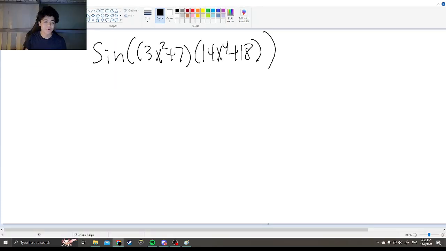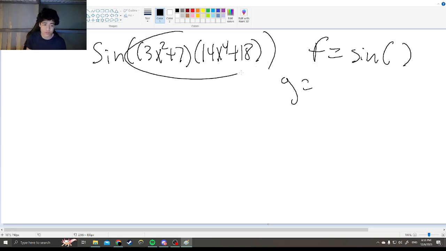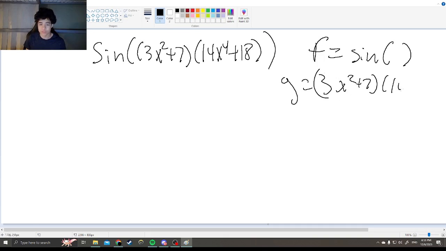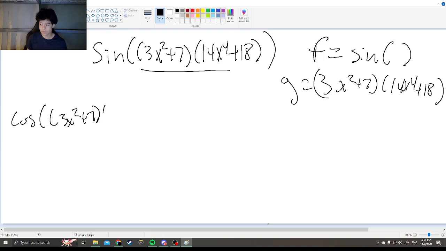And now if we look at our second equation here, sine of 3x squared plus 7 times 14x to the fourth plus 18. This one's a little bit more complicated, but we see that our outside function, or f, is sine of something, right? Our inside function g is this whole inside function here, which is 3x squared plus 7 times 14x to the fourth plus 18. So, using the chain rule, you derive f first and you keep the inside the same, right? So you have cosine, and then keep the inside the same: 3x squared plus 7, 14x to the fourth plus 18,